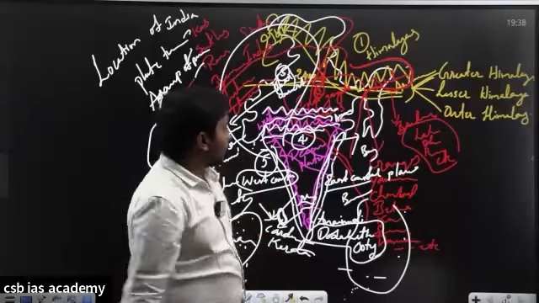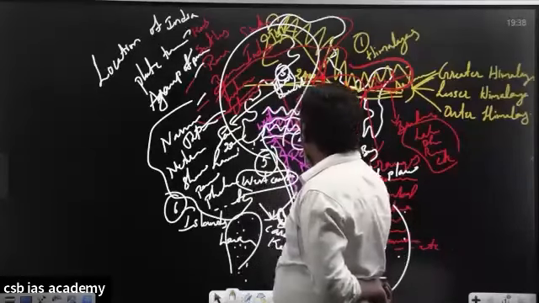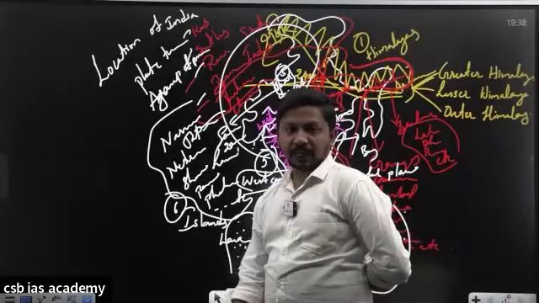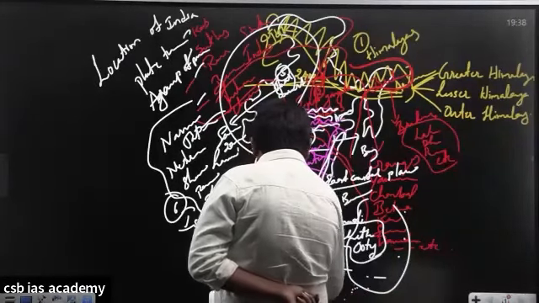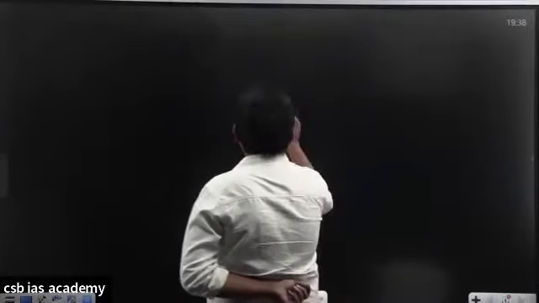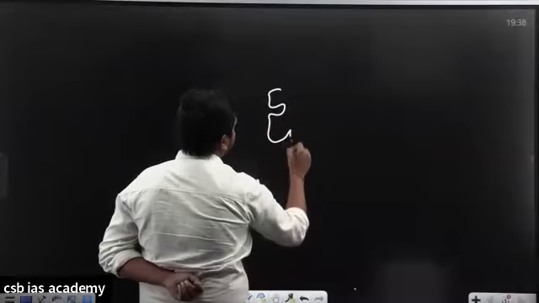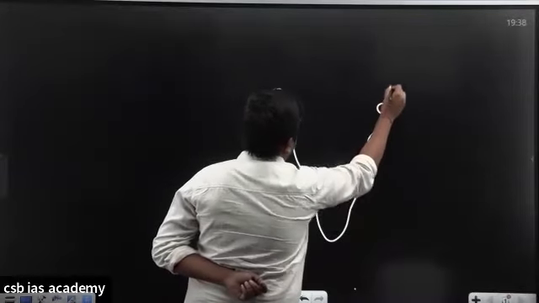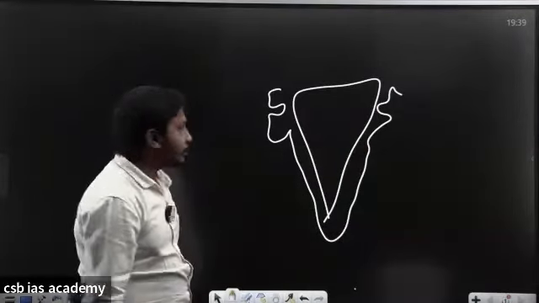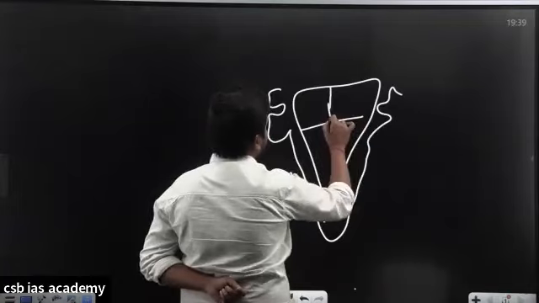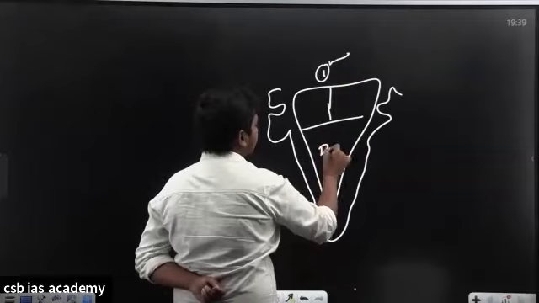And the third most important physiographic division of the country is the Deccan Plateau. Do you know this Deccan Plateau is also divided into different categories? What are those? Have you ever heard about it? This peninsular plateau has been divided into three parts. The major divisions are the Central Highlands and the second one is the Deccan Plateau.